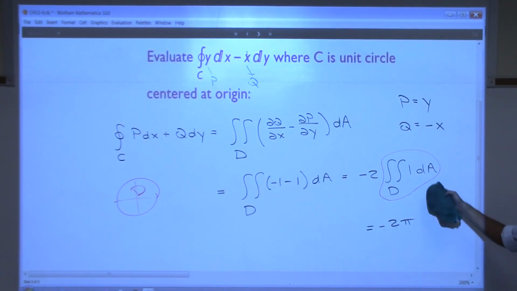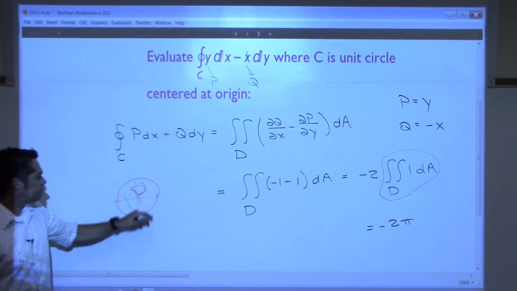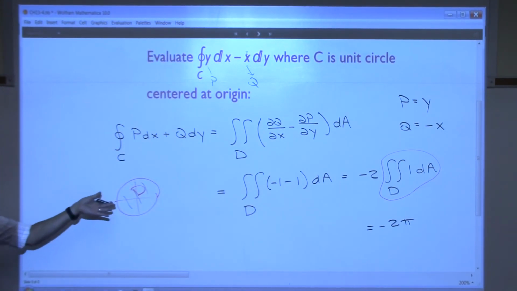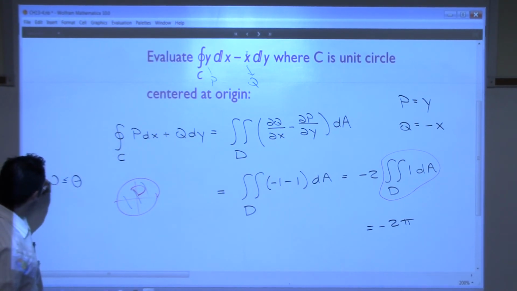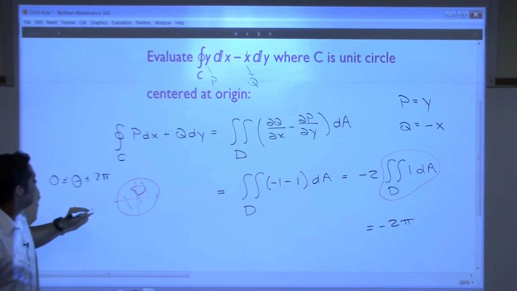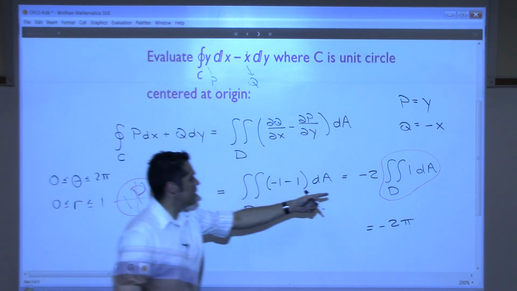Now look, if you didn't recognize that as the area of D, then what you would have to do is actually come up with how you're going to define this region D. And I think most of us would say, oh, that's polar, right? You say, okay, for polar, my theta is going to be between 0 and 2 pi, and then my radius is going to be between 0 and 1, the unit circle. And then this double integral down here becomes